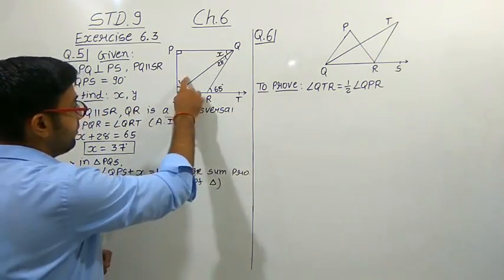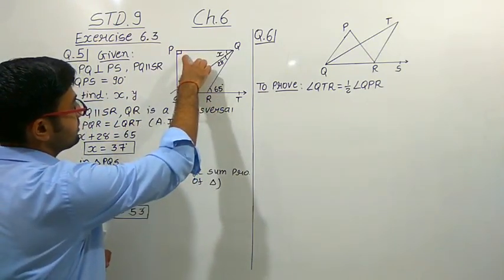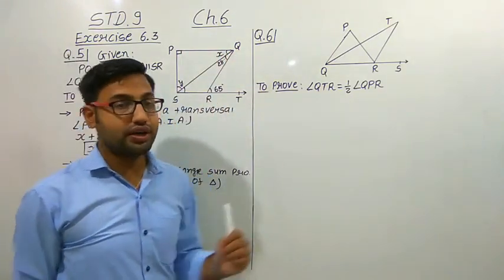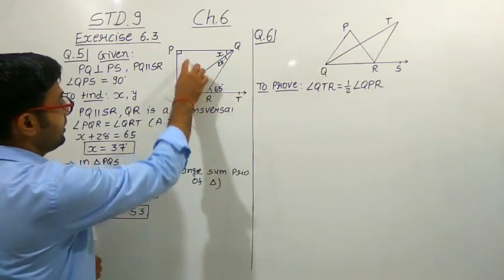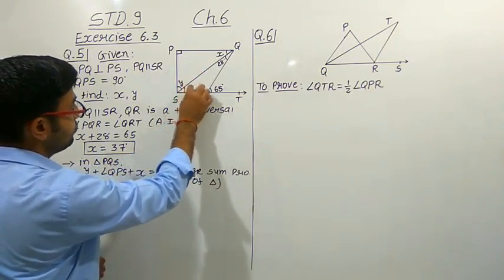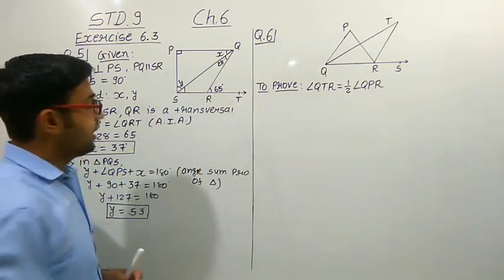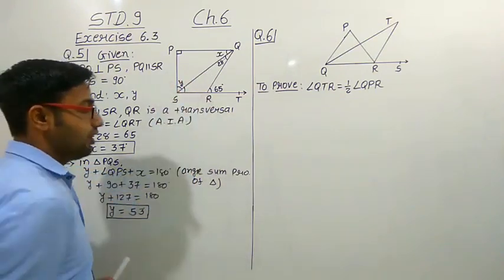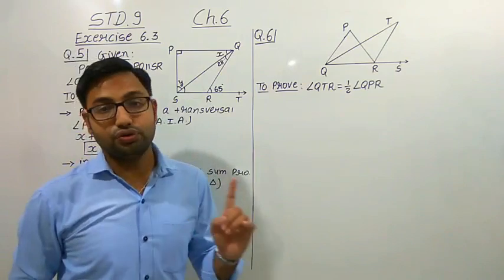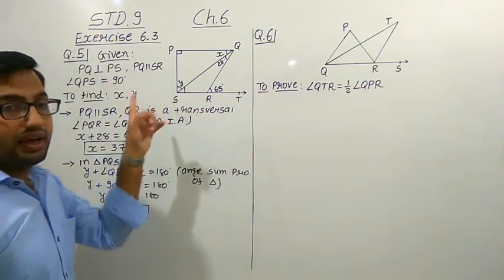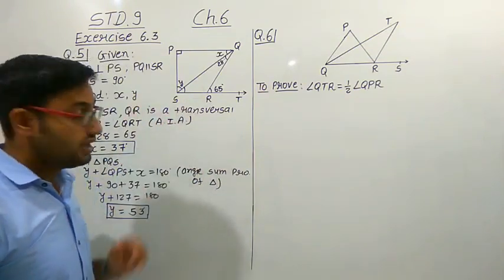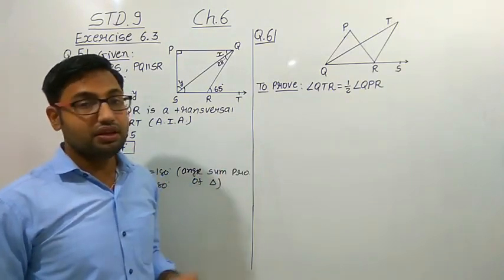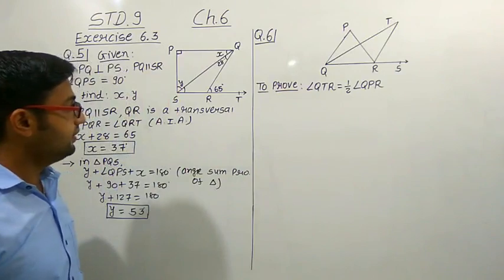Okay, now how to find Y? See, both these angles again make a pair of co-interior angles. This is 90 degrees. Now these two angles also make 90 degrees. Out of that, this angle we have already found out, so we can find the value of Y. This is for you. You can apply this and find these angles in this way also. So there are two methods to solve for these values.